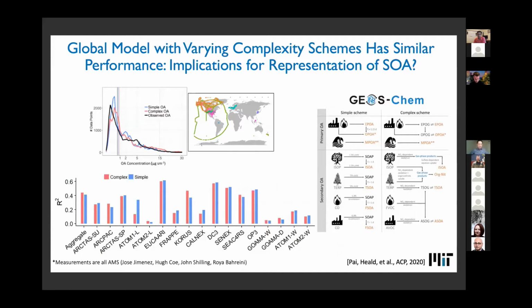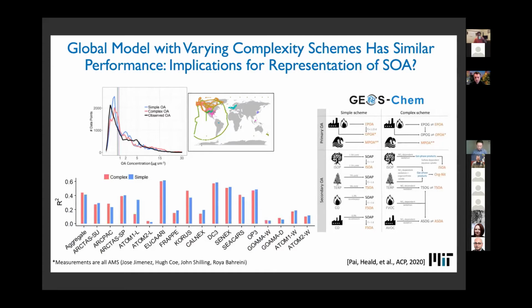So I just wanted to share this slide. It's from a paper that we published last year. This is led by my student, Sid Pai. He undertook a considerable effort to compare the GEOS-Chem model's SOA simulation against 15 different airborne campaigns. So you can see them kind of squinched up in that little map. So what he was doing was comparing two schemes in the GEOS-Chem model, the simple scheme and the complex scheme. And I want to highlight the simple scheme here is really a fixed yield approach that was developed in collaboration with Jeff Pierce. And the complex scheme is not that complex, but it does have mechanistic SOA formation from isoprene and a VBS for monoterpenes and aromatics. And interestingly, we saw, compared to these observations, quite similar performance against the aircraft measurements,